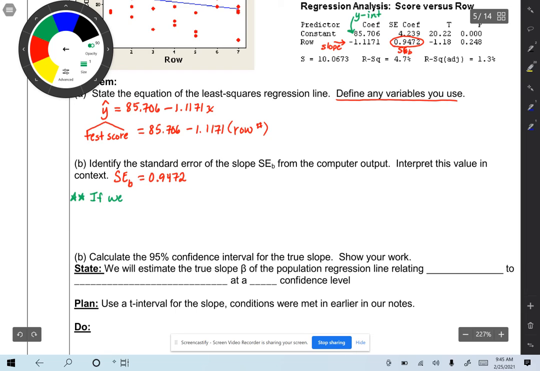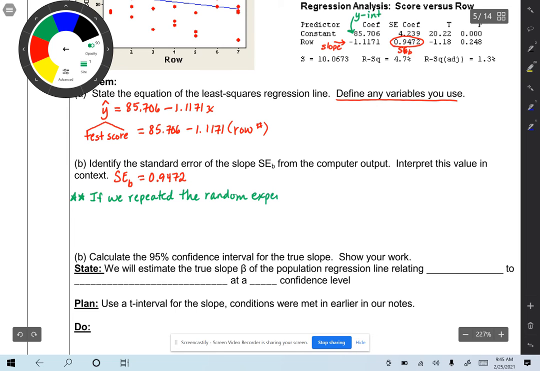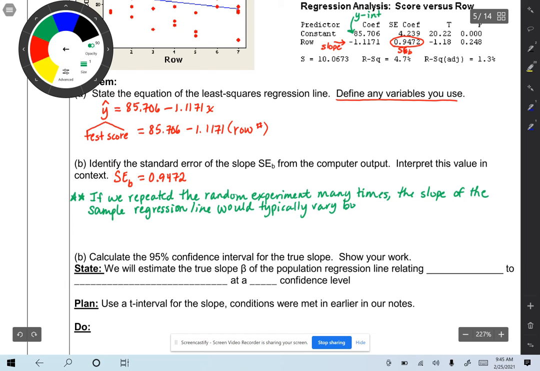If we repeated the random experiment many times, the slope of the sample regression line would typically vary, because that's what standard error does, by about 0.9472 from what though? Not from the mean, but from the slope